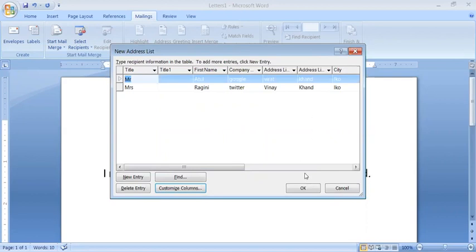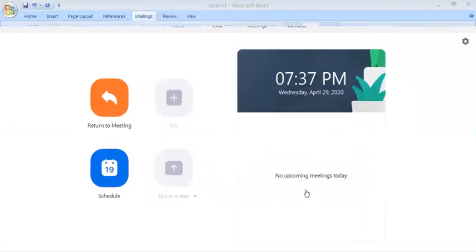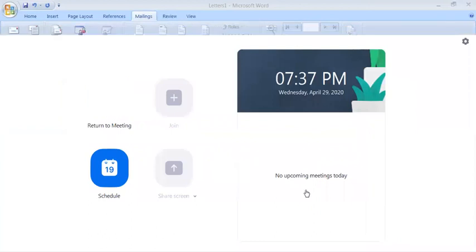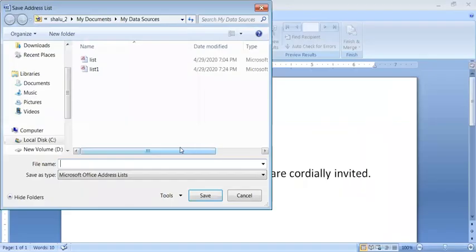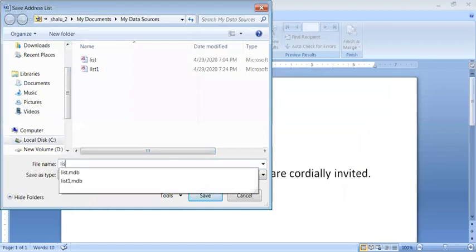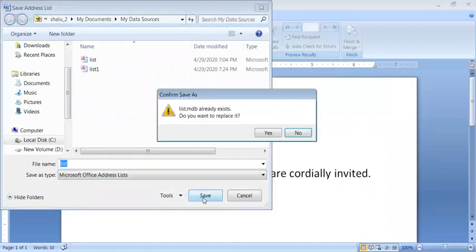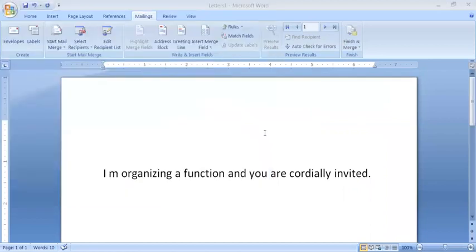Okay, now click on the OK, and after clicking on the OK, you will have to save it. Give any name. Suppose that I have given the name list. Save. Already exists. I want to replace it. Okay, now